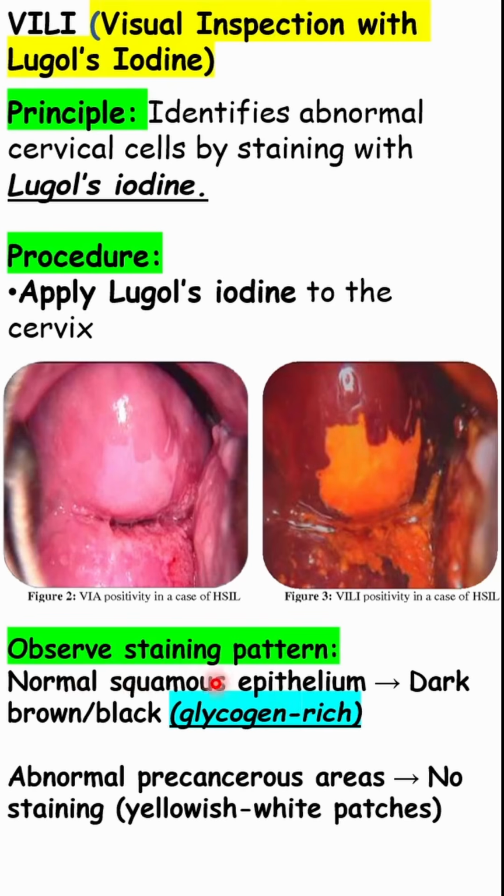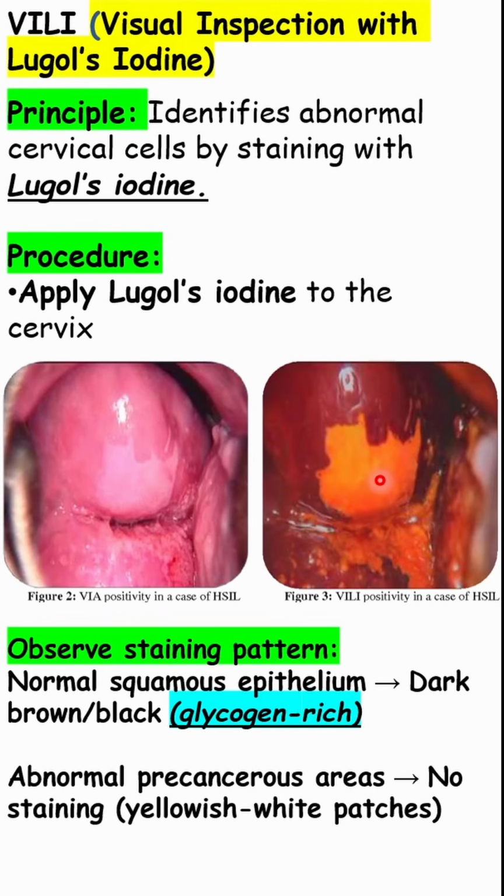So if there is normal squamous epithelium, it will be dark. See, all this part is dark because those are normal. Why is it dark? Because these normal cells have a good amount of glycogen, they store glycogen. But what about the cancer cells? Cancer cells do not store glycogen. Why? Because they